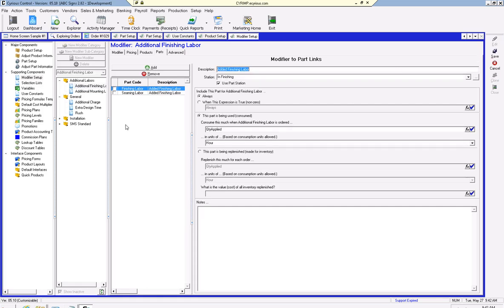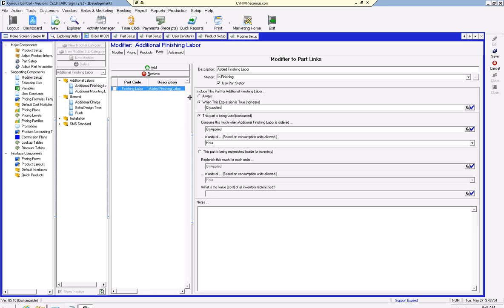This is an error. It should not be, and I've cleared this up a couple of times. It seems to keep happening. This modifier should only have one labor on it. You see that the finishing labor part is being brought in. It is technically, this should be, to be more consistent,